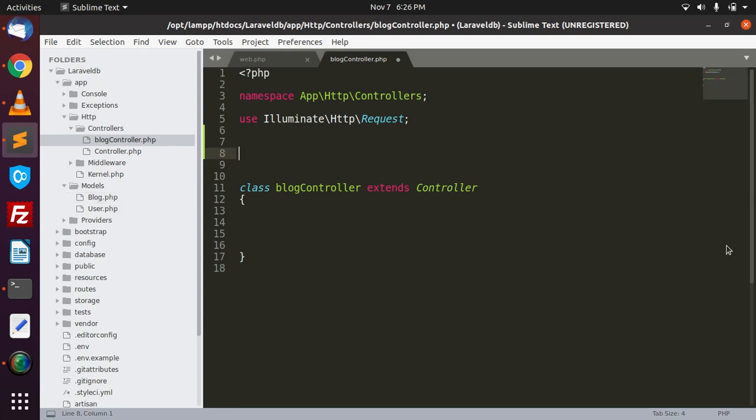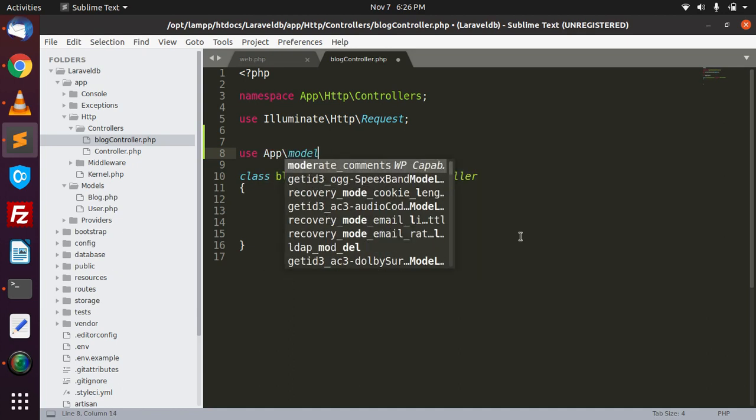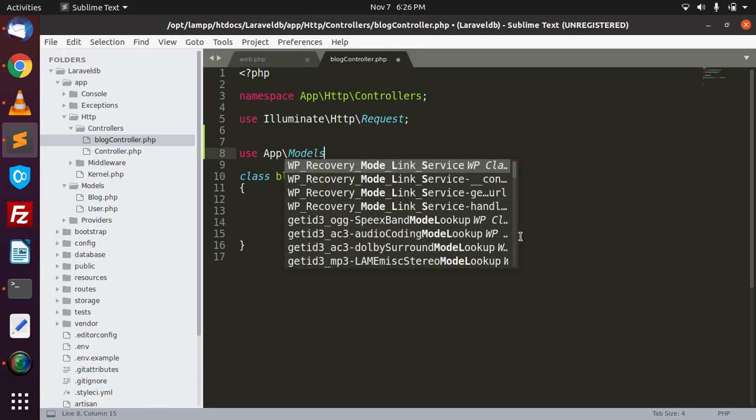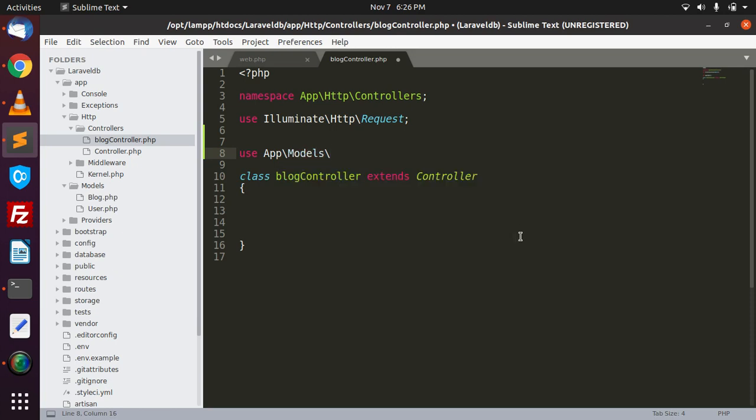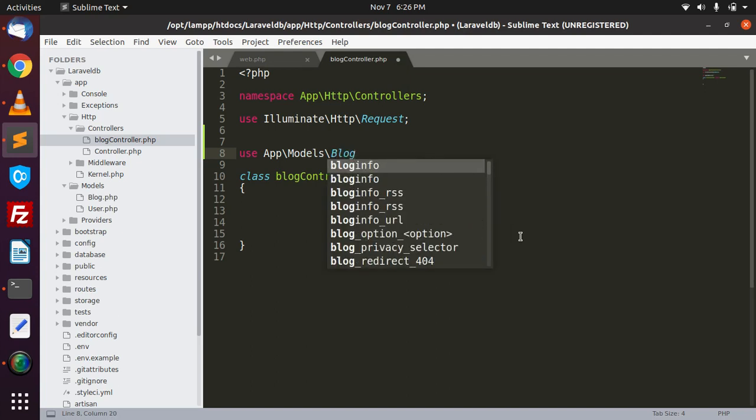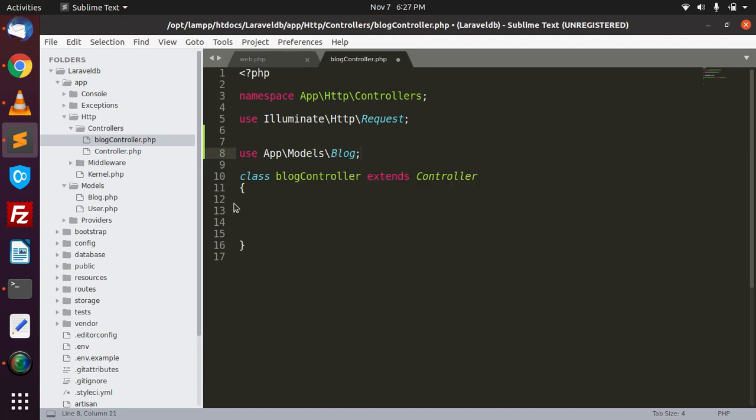Now we have to include this file at the top. Use App\Models\, our model name is Blog, so we can type Blog here.